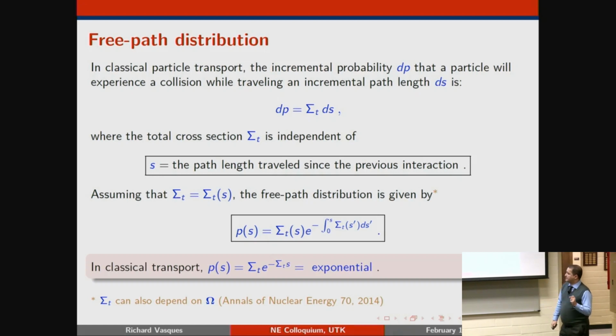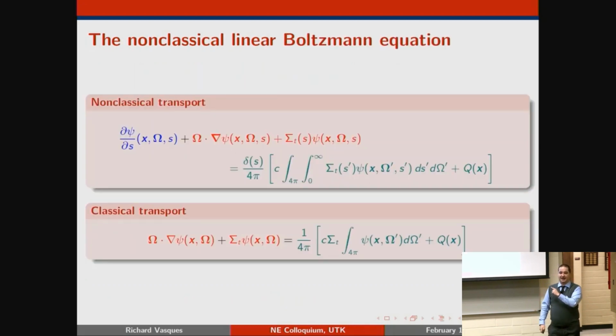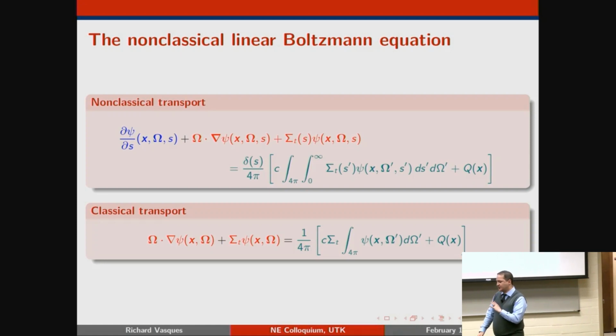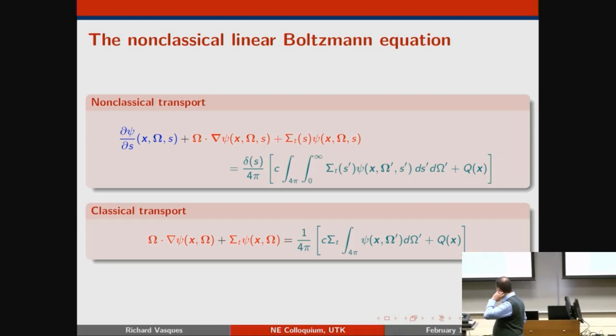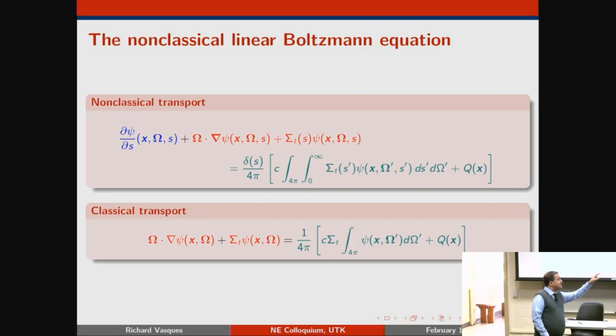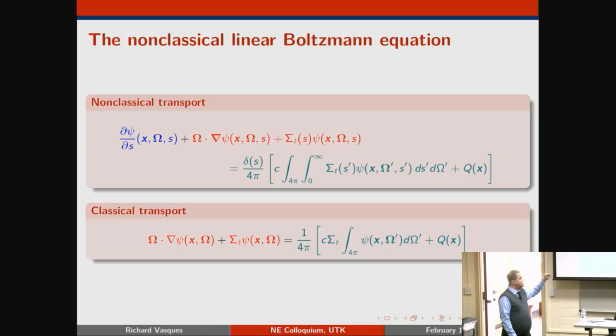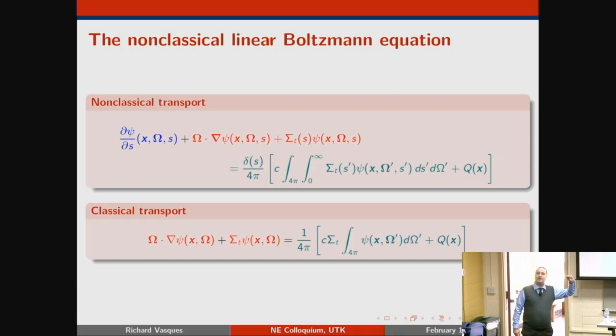So now I'm going to use my mathematician prerogative, and I'm going to say it's easy to see from here that you get that. All right? I'm going to explain that equation to you, but I'm not going to show the steps in between. The top one is the non-classical transport equation. The bottom one is the equivalent classical transport equation that you're used to seeing. I'm making a few simplifying assumptions that don't really take anything away from it. I'm assuming steady state, monoenergetic, isotropic scattering, isotropic source. But other than that, they are doing the same thing for different systems.